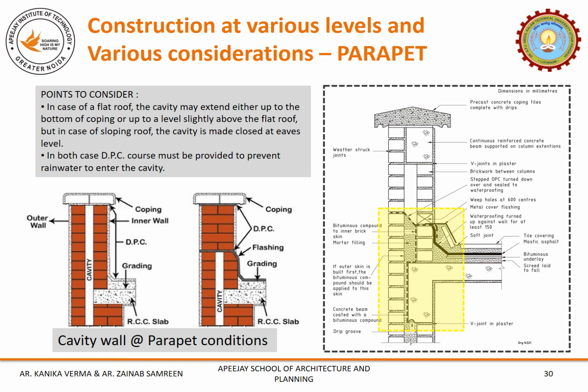When the cavity is restricted just above the flat roof, the DPC is required to be provided over the top of the cavity. The upper part of the wall where it ends may be built solid for 2 or 3 courses below the wall plate or roof line to stiffen the head of the wall and distribute the load over both leaves, as one can see in the section in the center. Damp proof course, or DPC, is laid along the full thickness of the wall at a level where the cavity joins the solid component, as you can see in both sections.